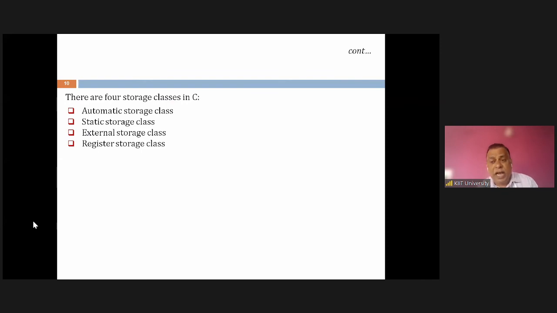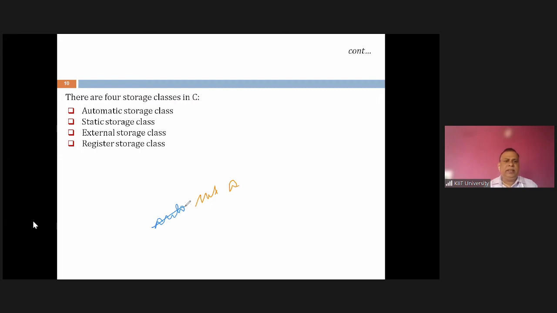All variables which we have been declaring till now in our program are of automatic storage class. The reserved word auto is supposed to be written before the declaration. If I'm declaring an int variable, int a, I'm supposed to write auto before this if it is an automatic variable. But if I do not write anything, it is considered to be an automatic variable, and all automatic variables are saved in the stack. Their existence starts when the block is called. When the block terminates, the existence disappears. Normally automatic variables are stored in the stack.